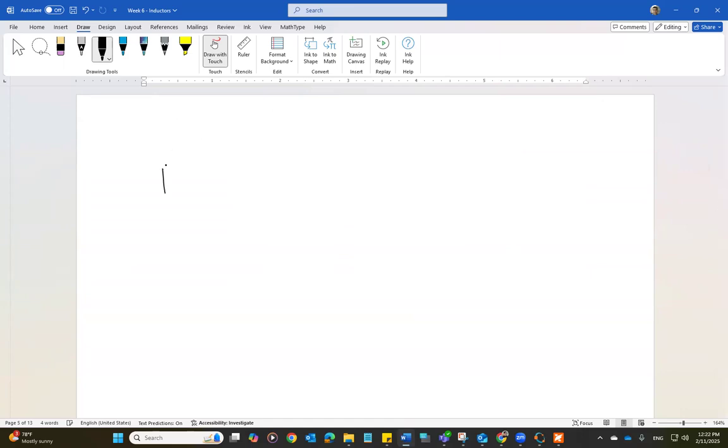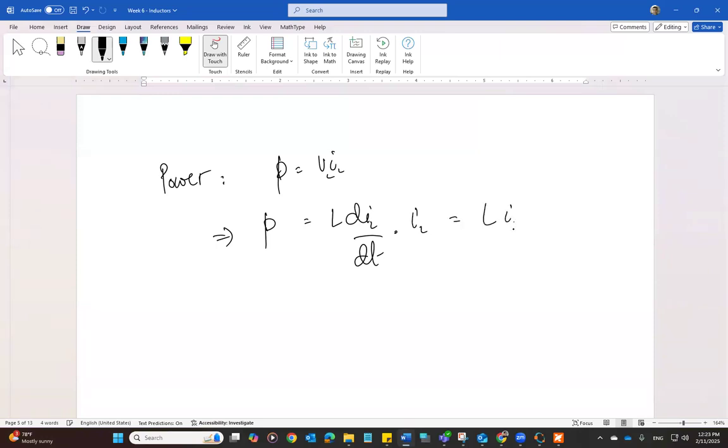As far as power in an inductor is concerned, remember, power is the product of voltage and current, and voltage is given as L dIL over dt times IL, which we write down usually as L IL dIL over dt. Or if you want, you can go ahead and plug in the current expression and write it down in terms of voltage as